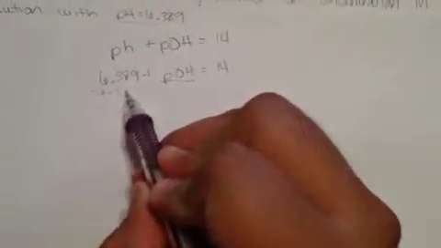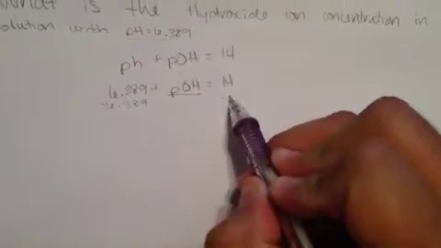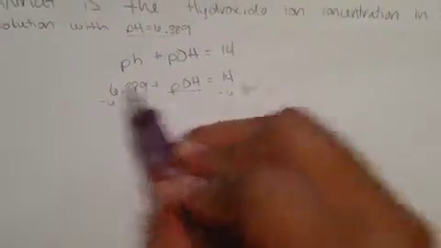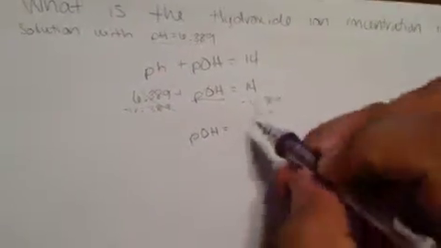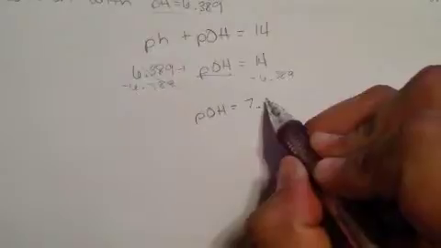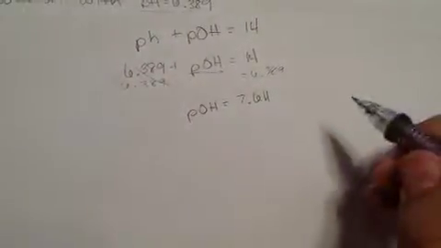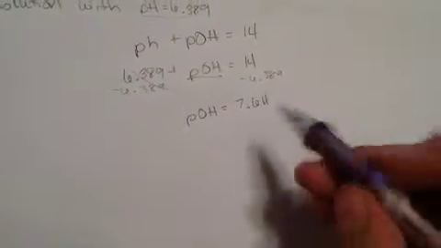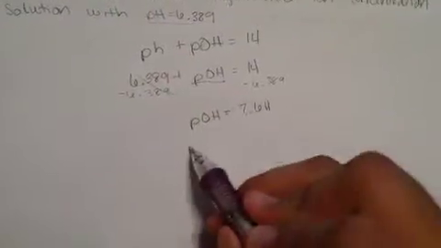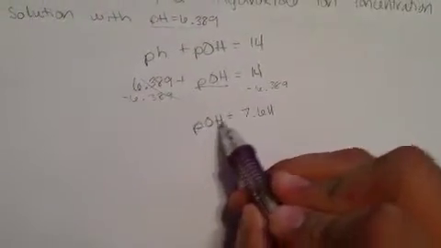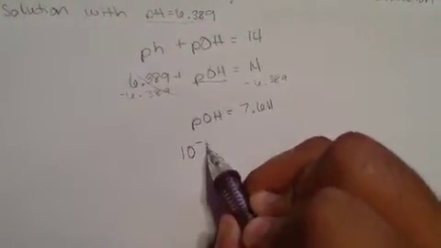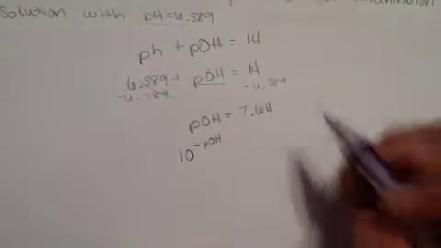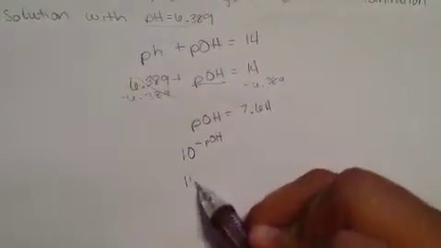Solving for the pOH, you have to subtract this on both sides. And you end up with 7.611. You know that, solving for it, [OH] is 10 to the negative pOH. So if you plug this into your calculator,